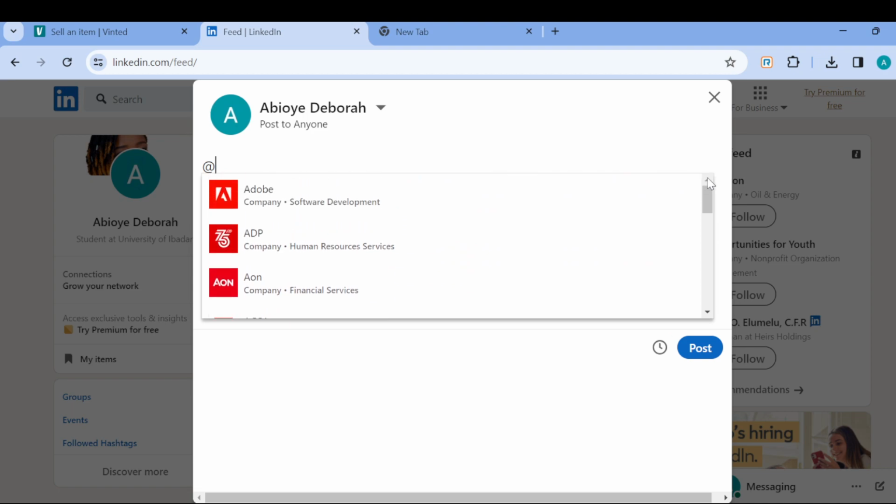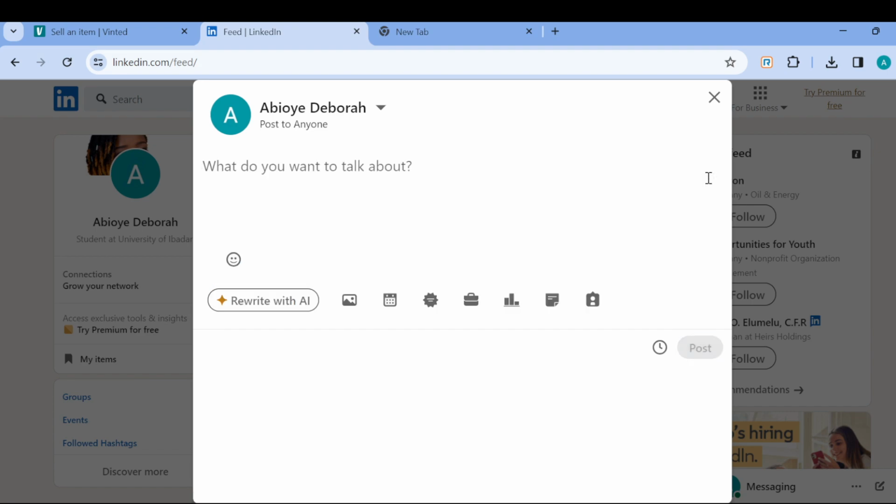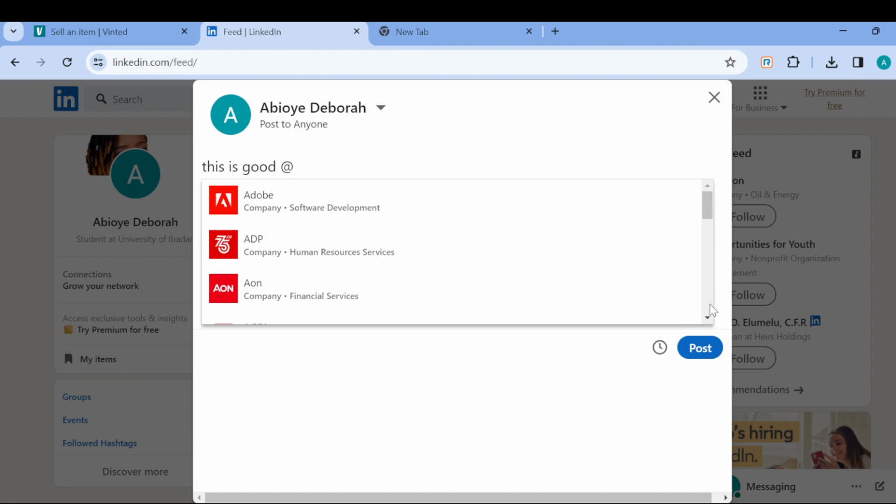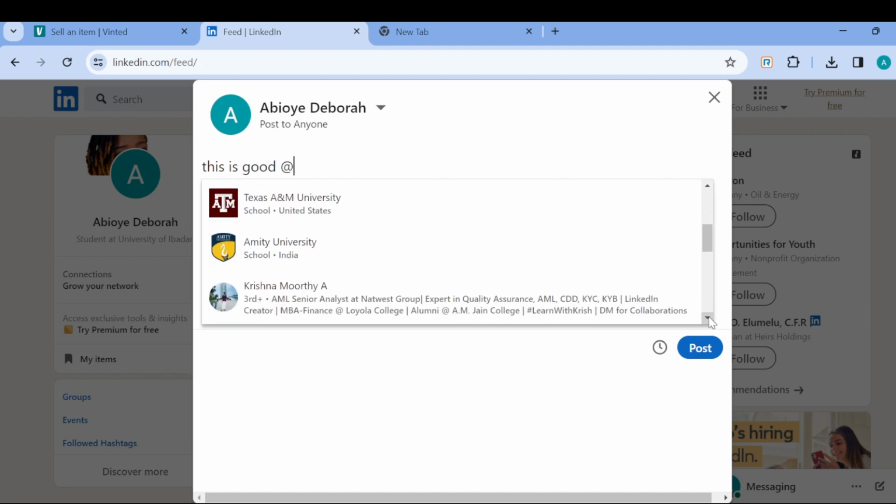So if you want to tag someone, it's very simple. Like I said, just type out your post this way. After typing out your post and you're done, press shift and the at button, and then you wait for it to bring out your connections. And then you can just select the persons